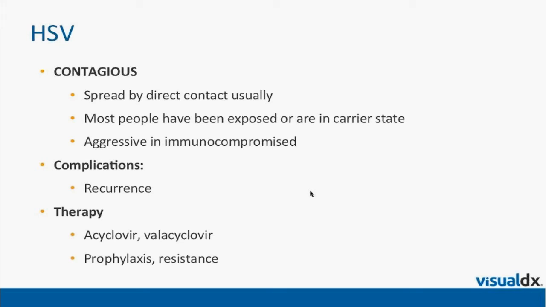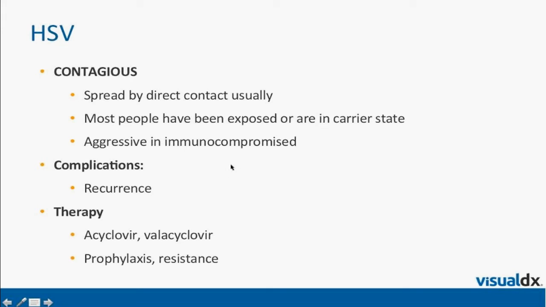One important point is that it's believed that most people have been exposed, especially to HSV1. If you measure the IgG levels in adults past college age, you'll find IgG to HSV1 in about 80% of patients and HSV2 in 20%. So most people have been exposed or are in a carrier state, and there's still some controversy as to whether you can transmit the virus during the carrier state without an outbreak. I'm not going to go into it too much, but it's important for you to know that because your patients are usually going to ask about it.